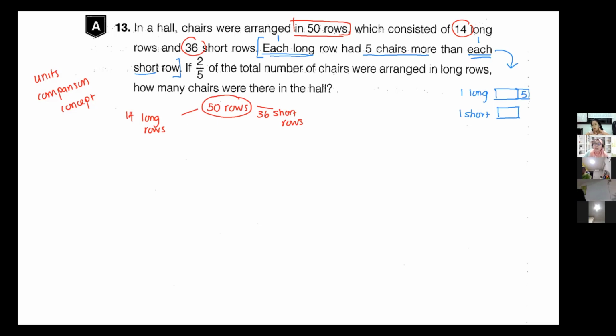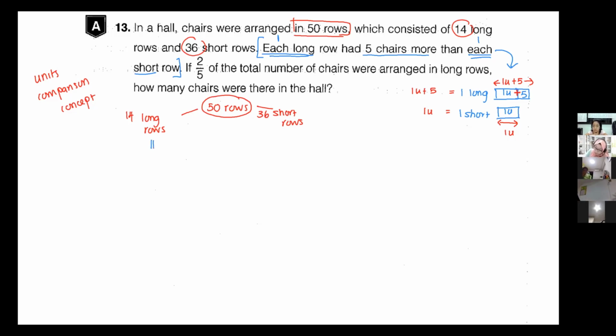Can you see? Okay. So my long row, this portion and this portion, they are the same. So this is 1 unit. This is also 1 unit. All right. So I can conclude that my long row is 1 unit plus 5. This is my plus here, because the model is together. However, my short row will be 1 unit. So my long row chairs is 1 unit plus 5. My short row chairs is 1 unit. Right. Then I add it back into